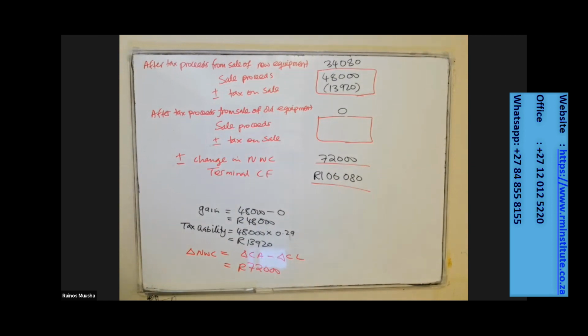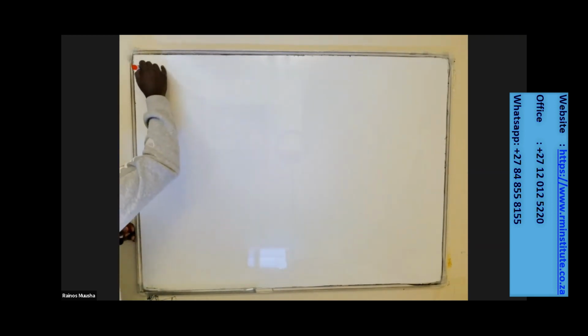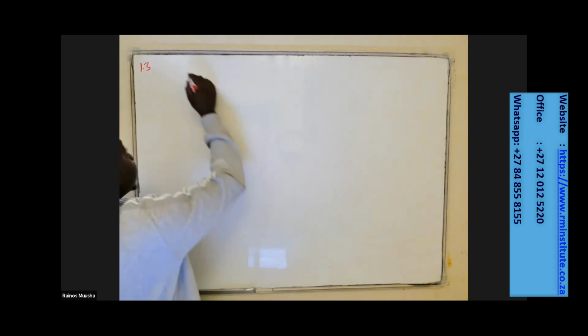On question number 1.2, remember they say, calculate the initial investment, the incremental cash flow, and the terminal cash flow associated with the project, isn't it? So we've done that. We have now determined the initial investment, the incremental cash flows, and the terminal cash flows. So we are done with this. We now have to move on to question 1.3. Is there any question before we move on to question 1.3? Anyone lost?